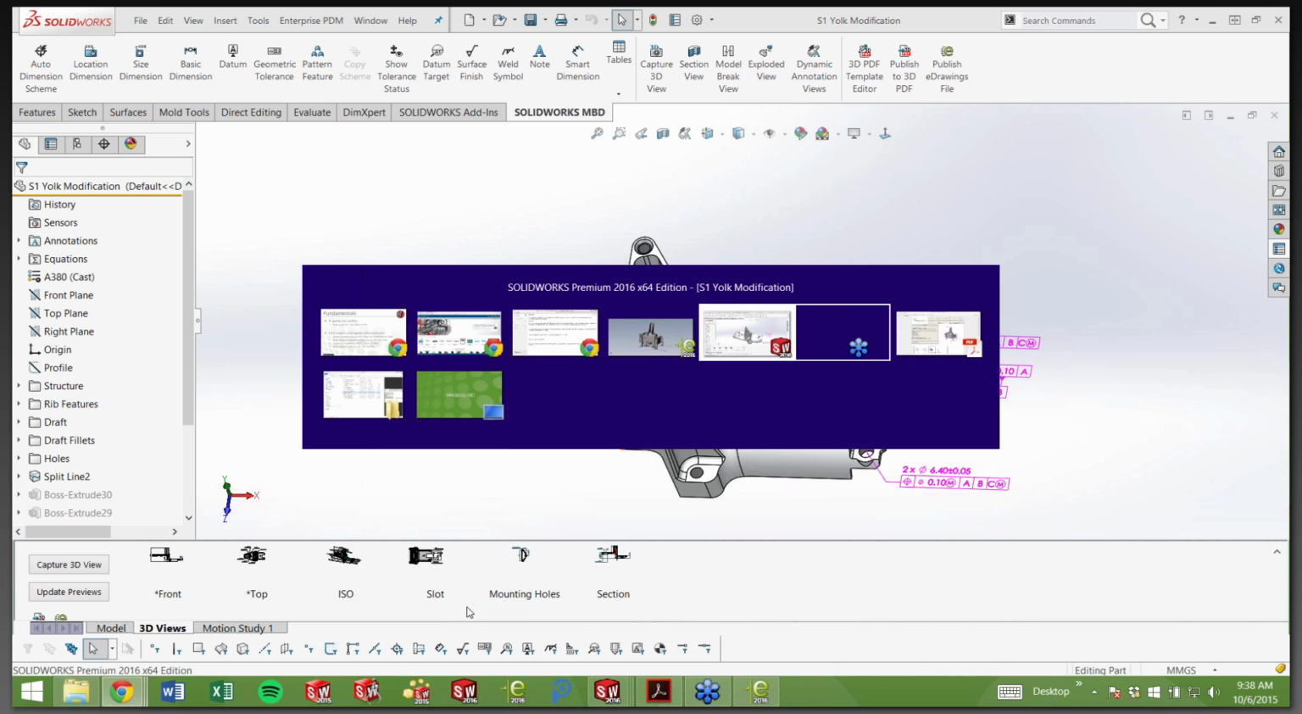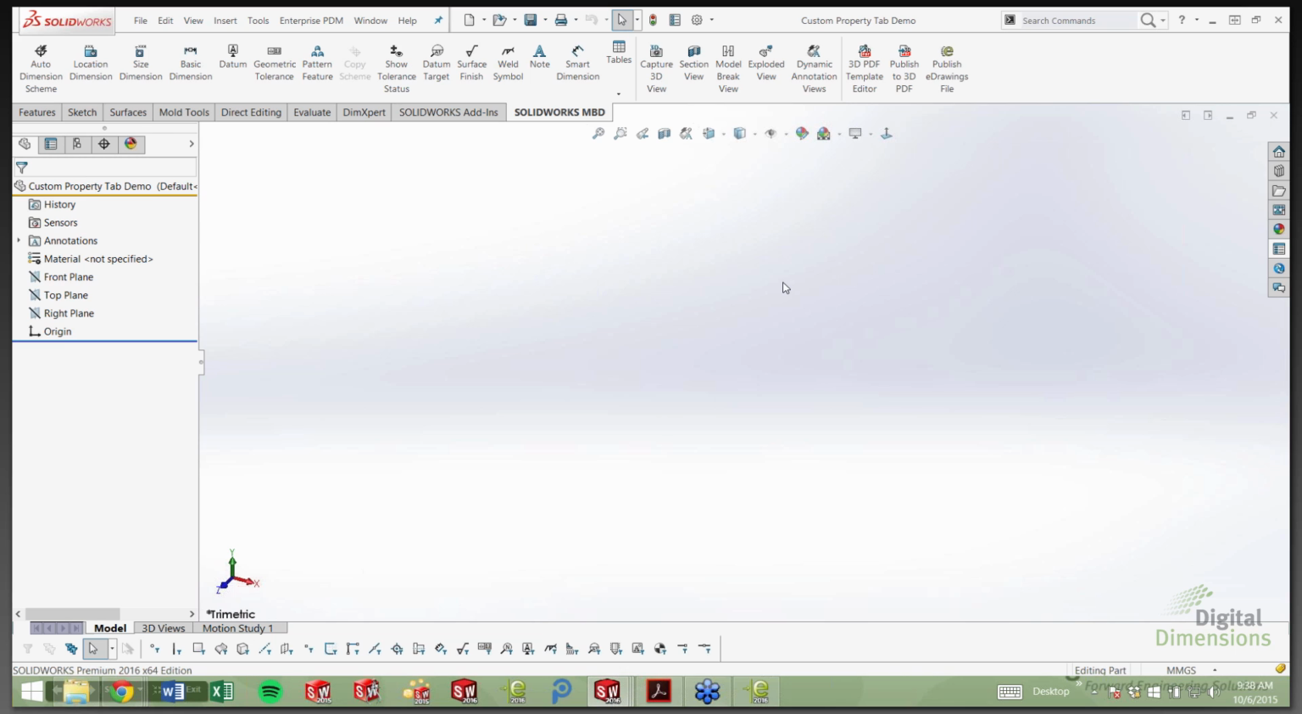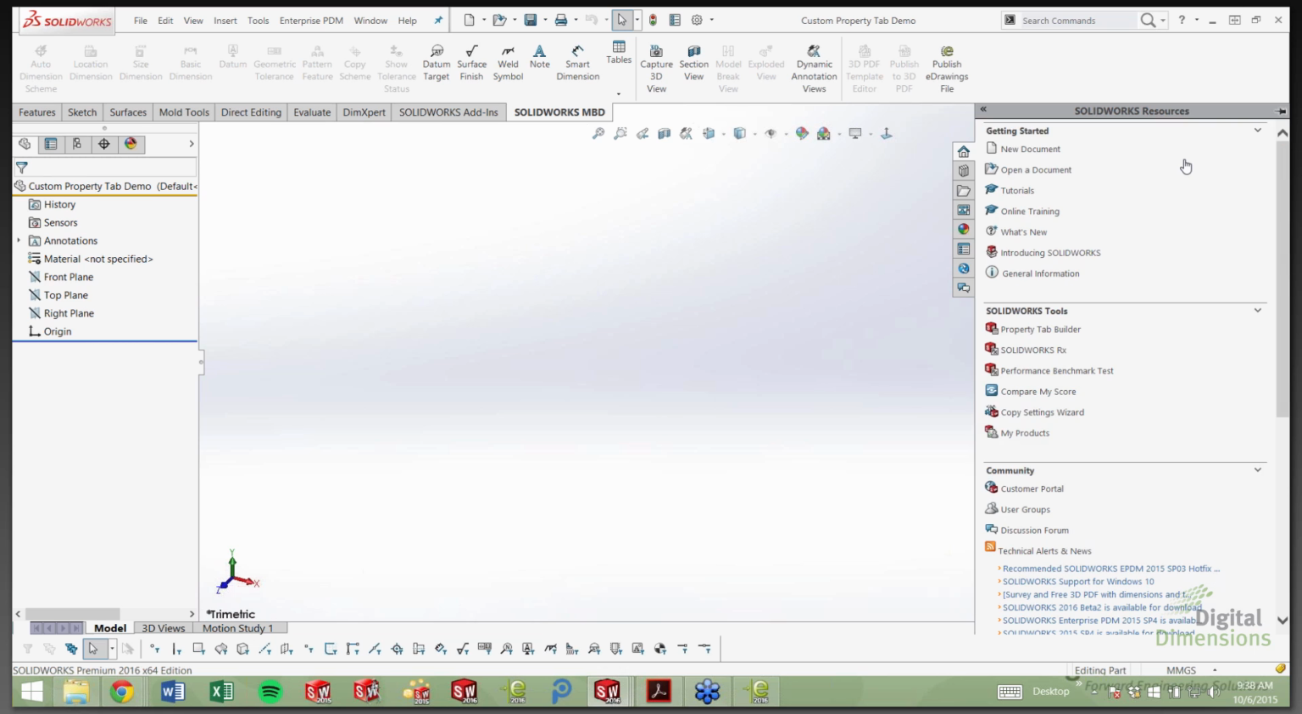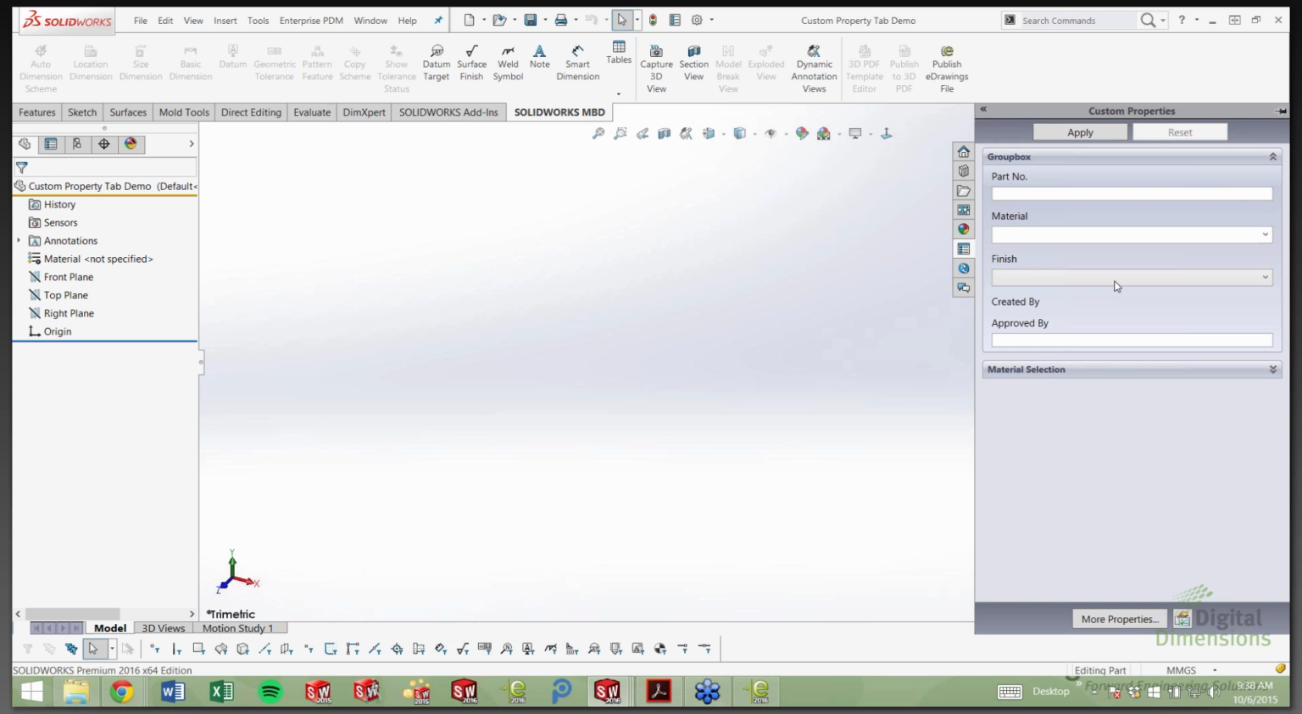I have a blank part document open, and the way you get to the property tab builder tool is by using this home tab on the SOLIDWORKS resources page, and it's over here under SOLIDWORKS tools. We have the property tab builder. This is where you can add custom properties, make your list for your parts or however you want to set up your custom properties tab. And this tab over here is the custom properties tab. I already have a custom property built. I'm powering this off of an Excel spreadsheet,